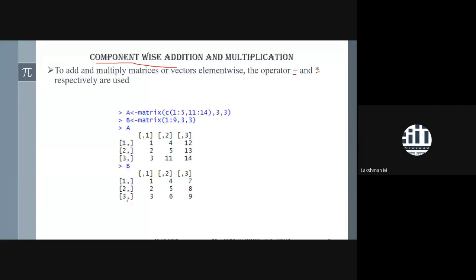Here I have taken two matrices. Whatever commands I have taken in this tutorial, I have already run on my R here on my laptop. It is not that I have taken them from somewhere else. I have taken this snapshot from my system itself by running this. So take two matrices. A is a 3 by 3 matrix having entries like 1 to 5, then 11 to 14.